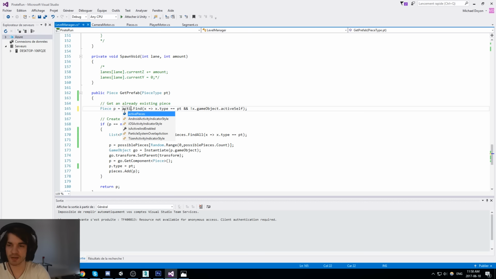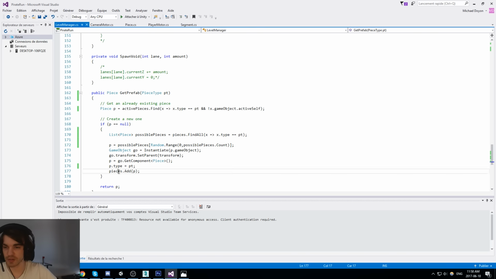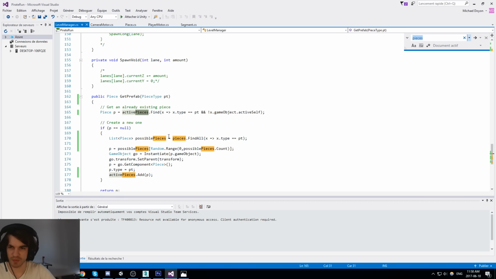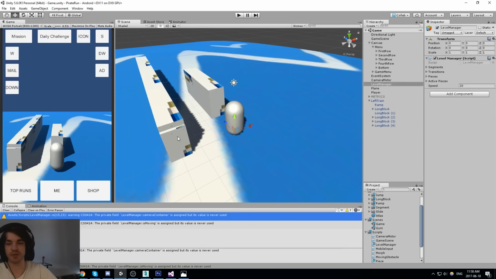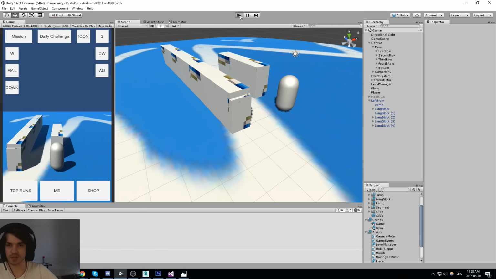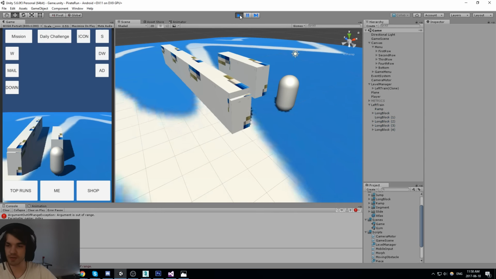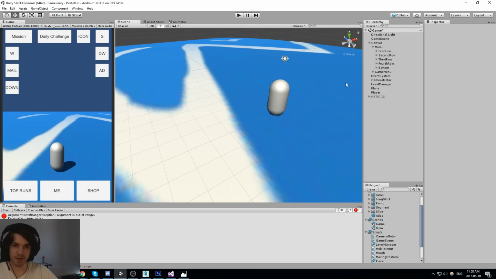Piece, and this is active pieces. Okay, cool. So we should be good to go. Actually, we're probably going to run into a bug or two, but that's a good step. Done already. I'll get rid of this.